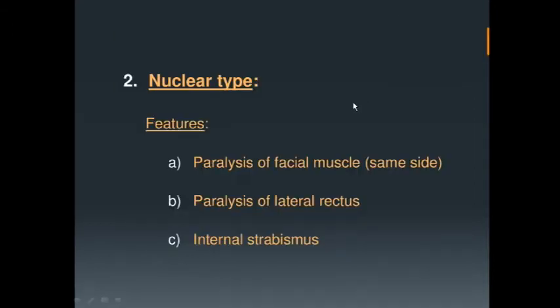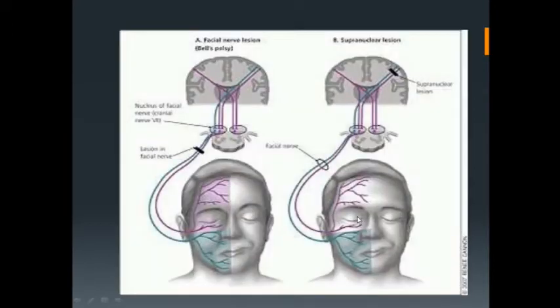Now there is one thing here. The facial muscles, this is a peculiarity of facial nerve. The facial muscles of the forehead have bilateral innervation, whereas the lower half of the face has unilateral innervation. That means if you consider the lower half of the face, the right side is getting supply from the left cortex, the left side is getting supply from the right cortex, but the upper part of the forehead is getting supply from both the sides, bilateral.